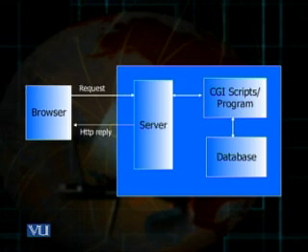Now, to understand this concept, let's say the user makes an HTTP request. Say there is a page before the user on which there is some hyperlink. The user clicks on that hyperlink, and because of the href attribute in that anchor tag, the HTTP request is delivered to a CGI script. In fact, the value of the href attribute is that of a script running on the server side.